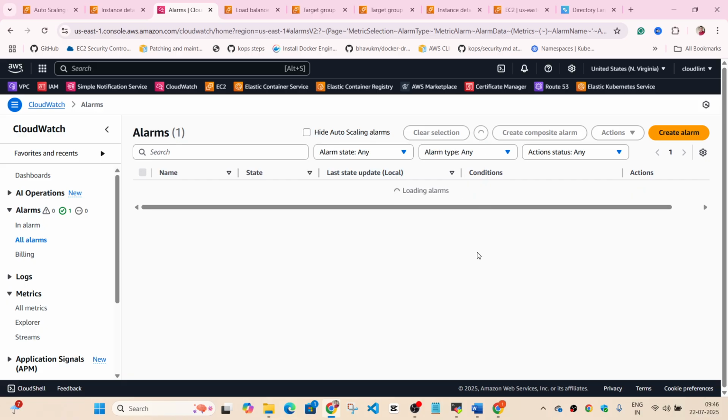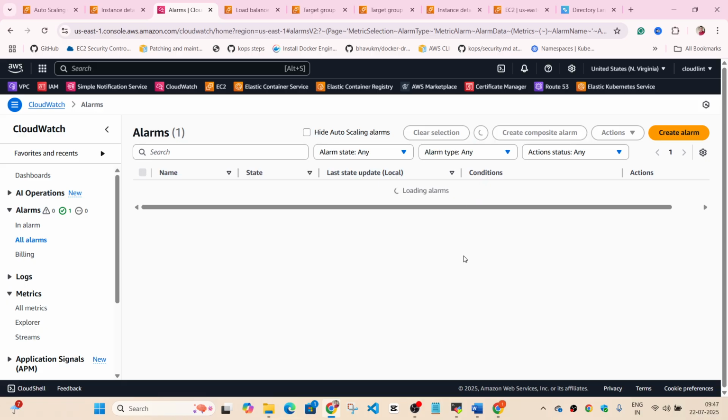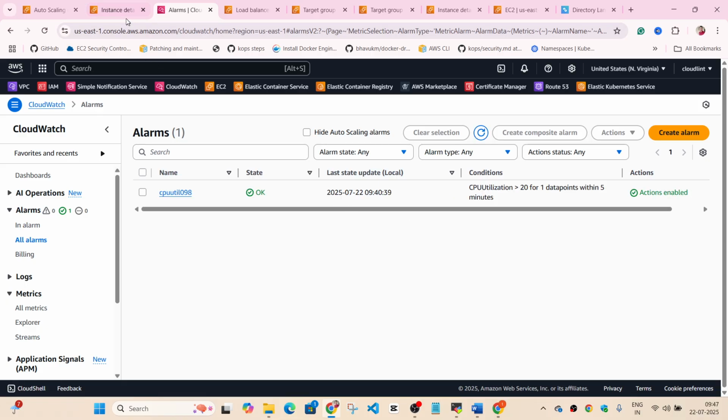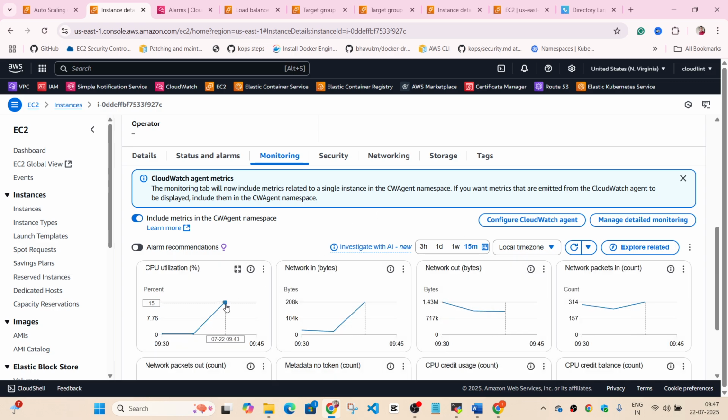Yeah, so this was the issue that I was not using 5 minutes because it's going to take slightly longer. So the CPU is increasing, you can see.